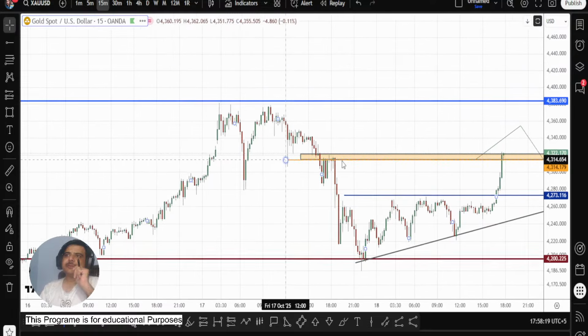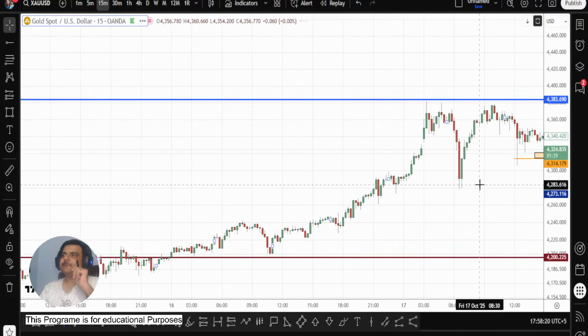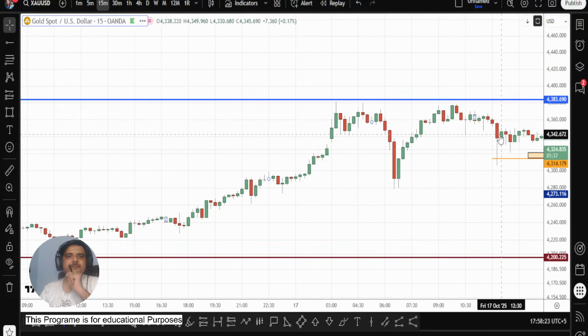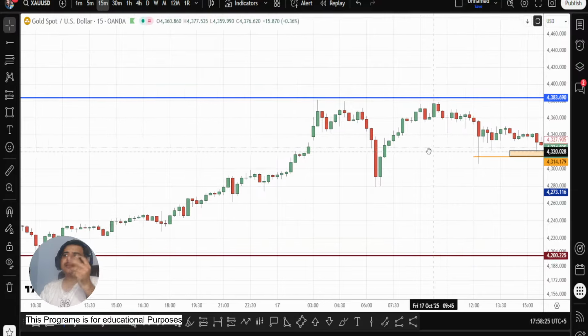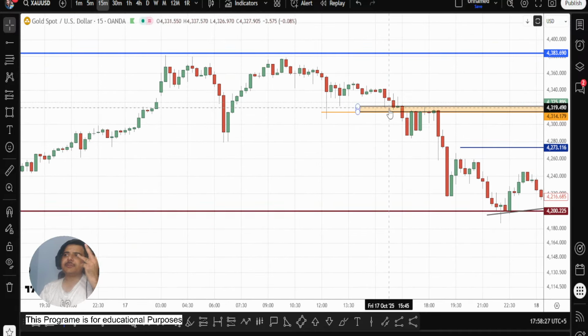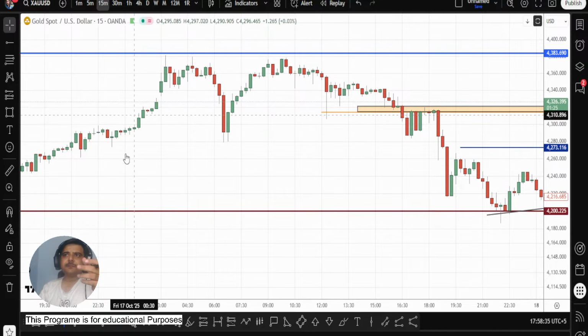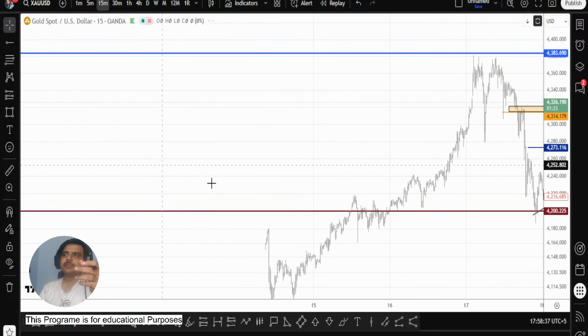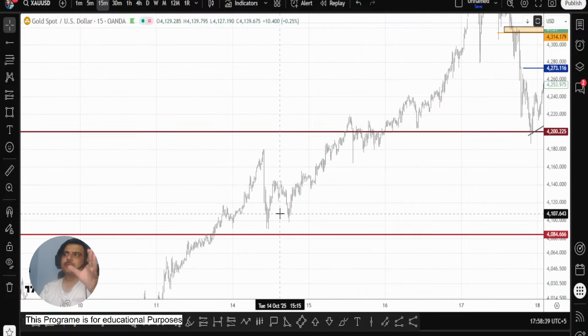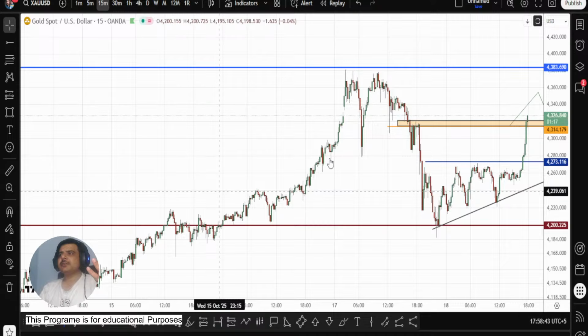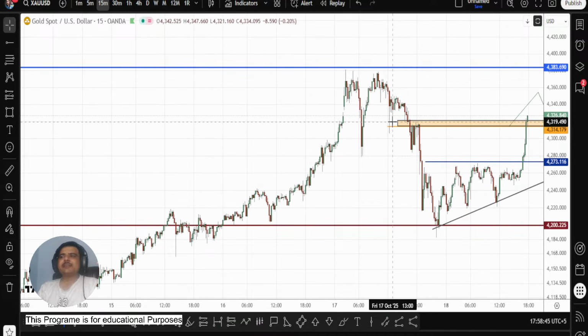Why? Because right here on Friday the market was also showing us bullish. So then later that became a trap right here. Even I was in this particular trade and I was stopped out right here. But since I made plenty of profit on this whole bullish rally all the way, on each and every pullback, literally all of you know I have shared with all of you, I was not worried about it.